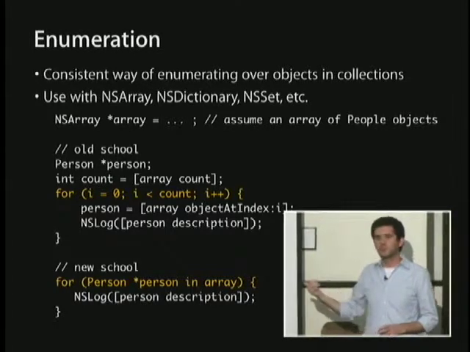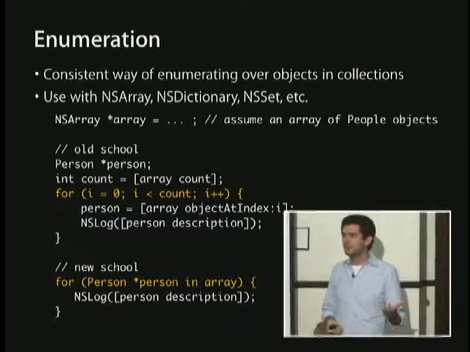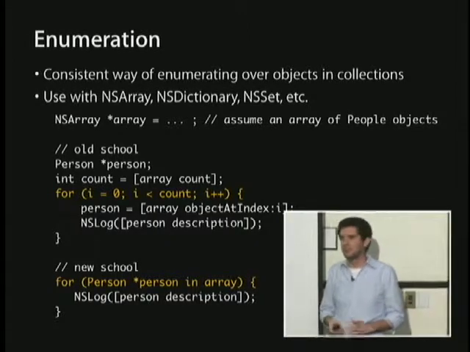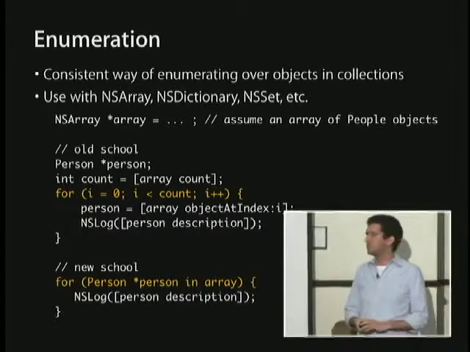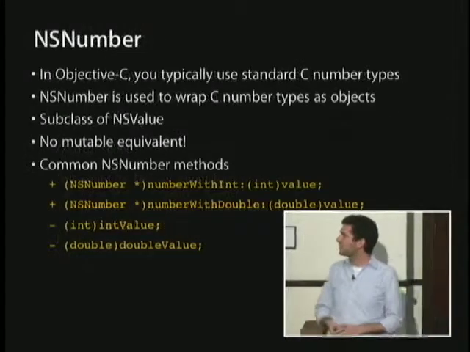This is a little bit safer because if that array gets mutated while you're enumerating it, it's going to throw an exception. You wouldn't want that to happen in shipping code, but it's nice to know when you're debugging because you really don't want to be changing the array while you're enumerating it. Just got to be careful about that.